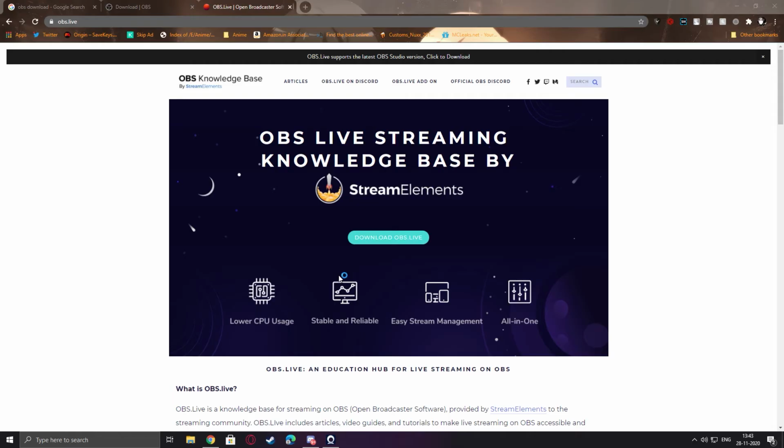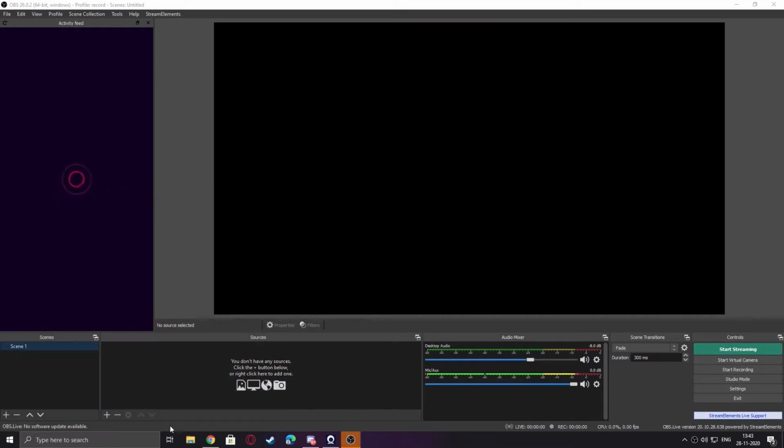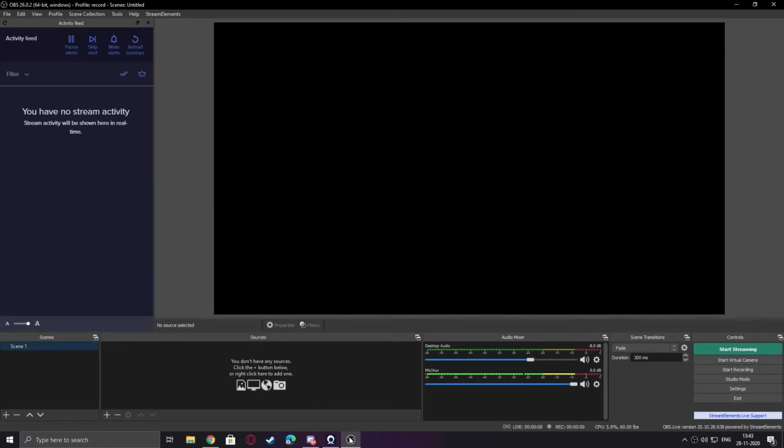After you've installed OBS, use run as administrator every time you start it, because it is better. It will not give you that encoder overload error, which you sometimes get when you are playing some high demanding games. It will allocate more resources to your OBS than your game. So yeah, always run as an administrator.